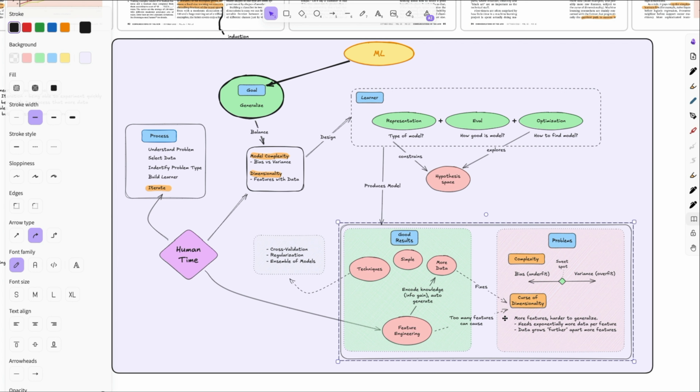Too many features, though, can cause the problem of dimensionality: with more features, it becomes harder to generalize because you need exponentially more data. Also, as you add features, the data in space grows further and further apart, so having any ML algorithm pattern match on that becomes more difficult. But more data can fix that, or you can reduce the dimensionality using various techniques, or feature engineer in a way that encodes knowledge so you can remove some noisier dimensions, to avoid or eliminate as best you can the curse of dimensionality.